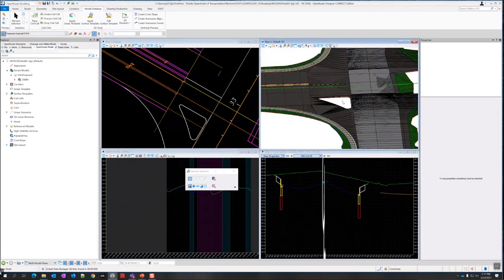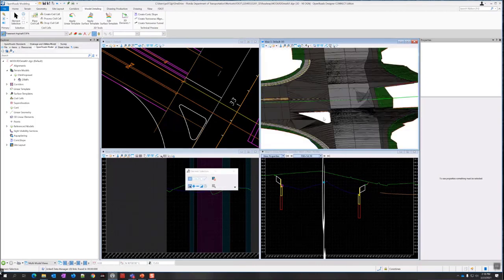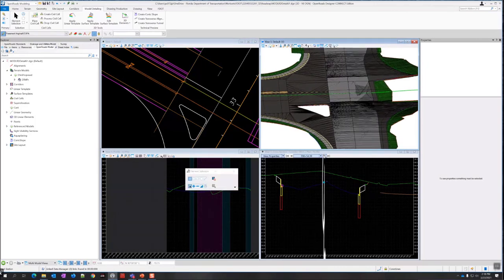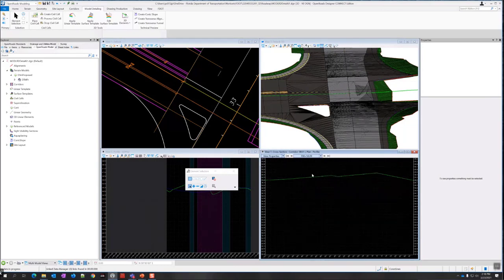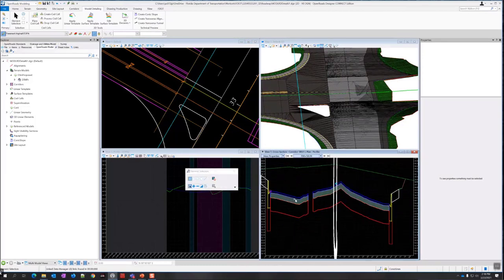Now I can see my hole for the right turn island. Looks beautiful, cut out perfectly. And I can see the pavement across there. If I update my cross-section view, I can see the pavement in there. Still got that dip there, but the pavement's there. So like I said, this profile really needs to drop down lower to be a better design. All right, so that is it for that exercise 4.9.